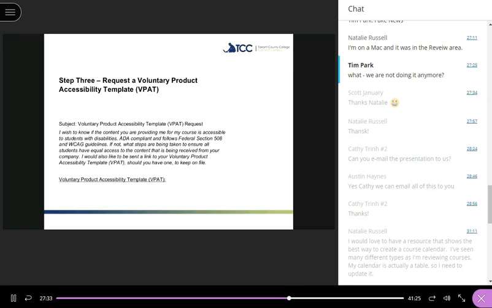Yes. If you're on a Mac, Natalie, you see it in a little bit different area. You can actually go up to the top and see View. Where is it? Sorry, I'm in the wrong thing. View, Format, and then Check Accessibility. So I just wanted to let you all know that. Austin, thank you. That's awesome.